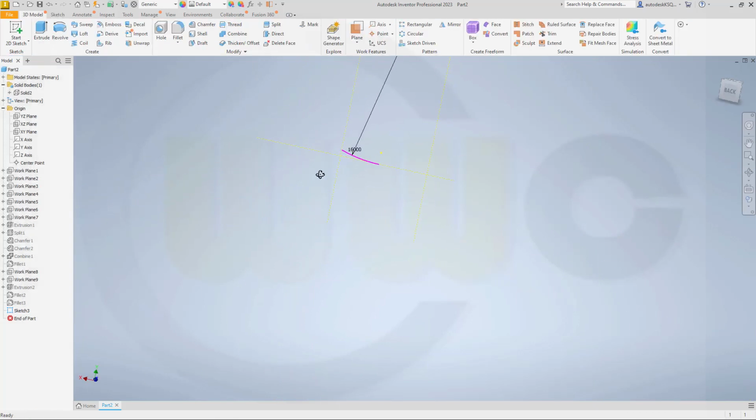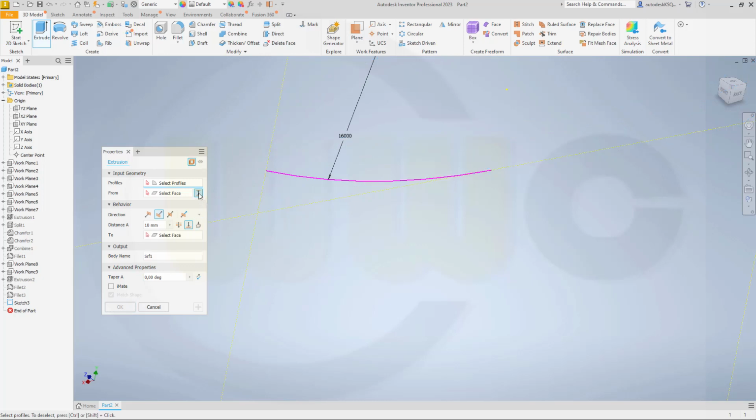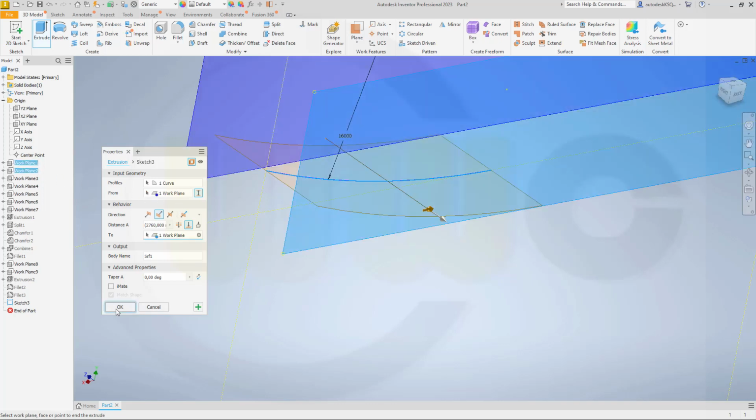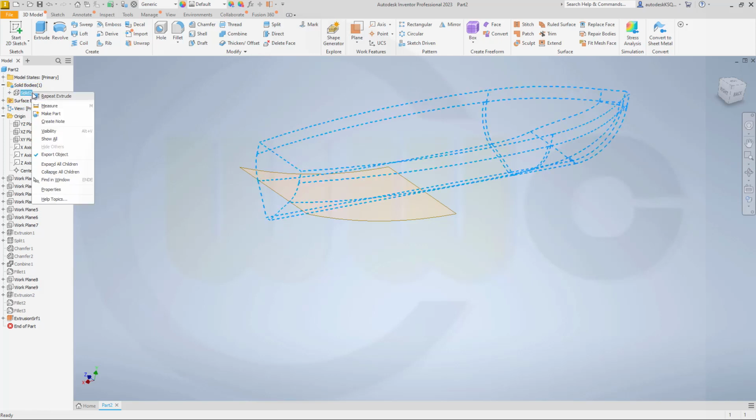Let's make a surface extrude and go for extrude, switch to surface mode. Make it between, that should be between workplane 1 and 2, but it didn't select the profile automatically, so first select the profile and then go for workplane 1 and 2 and confirm. Great. Bring back that solid